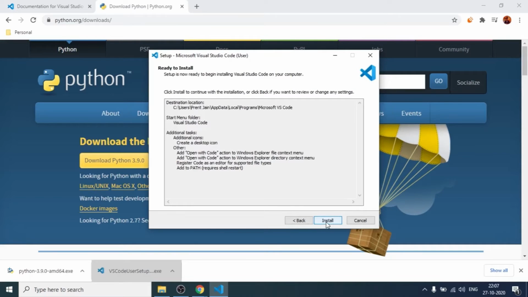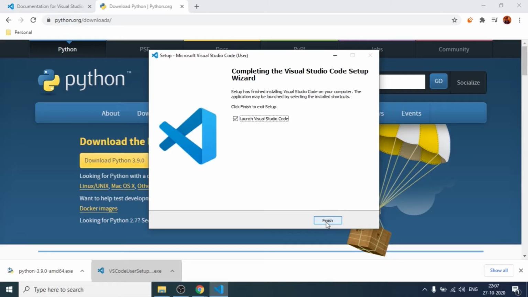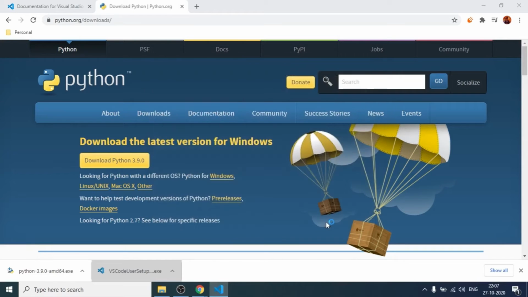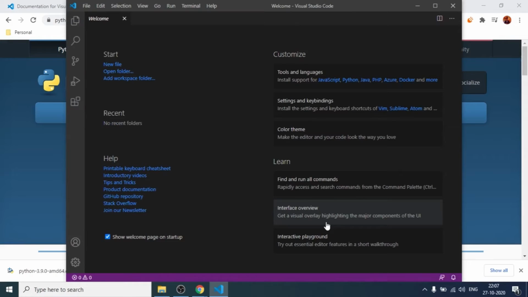And click on next and then click on install. I'll fast forward the video and finish, and your Visual Studio Code will be launched. So this is how your VS Code will look when it's installed.